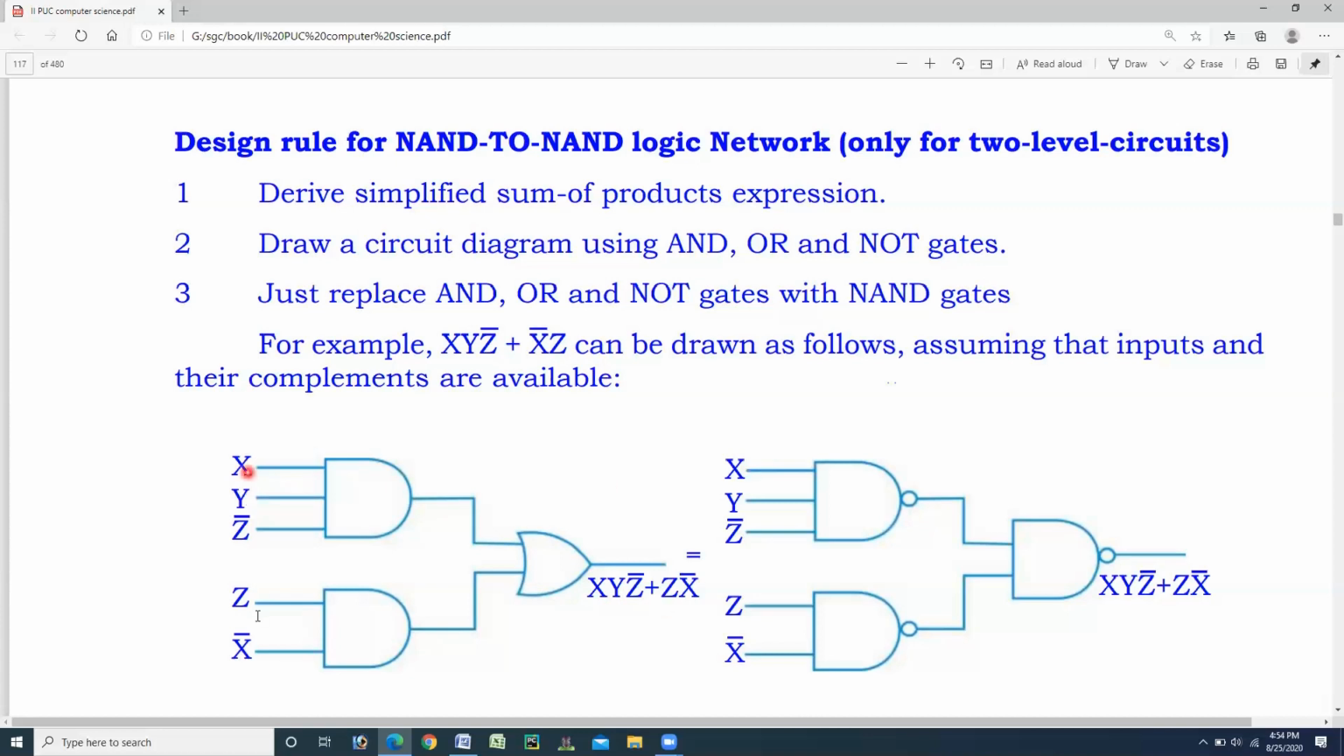So we have designed this using the basic logic gates. Now our task is to get the NAND-to-NAND logic network. So just replace the AND gates and the OR gate with NAND gates here. This AND is replaced with NAND, this AND is replaced with NAND, then this OR is replaced with another NAND. Then this is the NAND-to-NAND logic network. I hope you understood that. Now next,